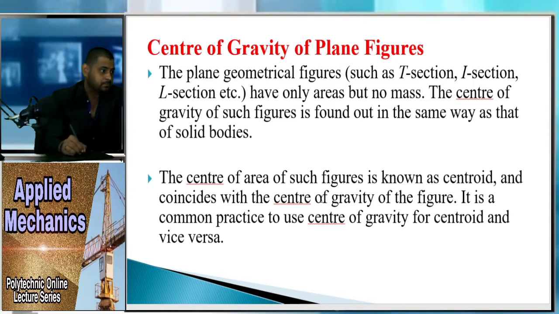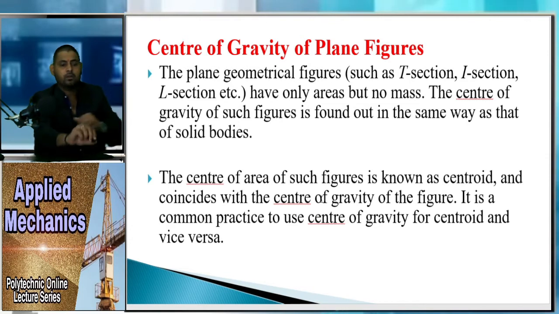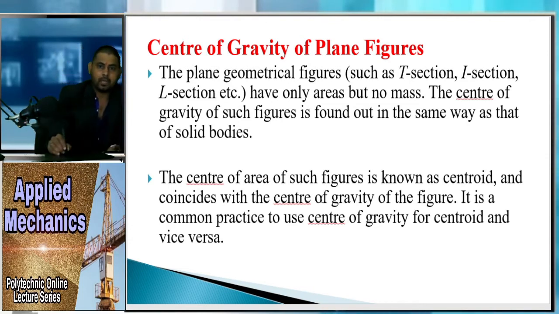So after that, let's discuss a problem based on this. Then you will understand what exactly symmetrical means and how we can find the center of gravity. So here is our example number 1: find the center of gravity of a 100 mm by 150 mm by 30 mm T section. So you have been given a section.